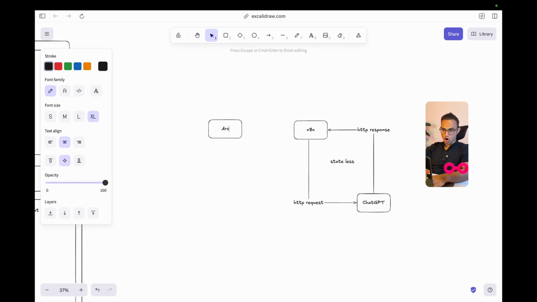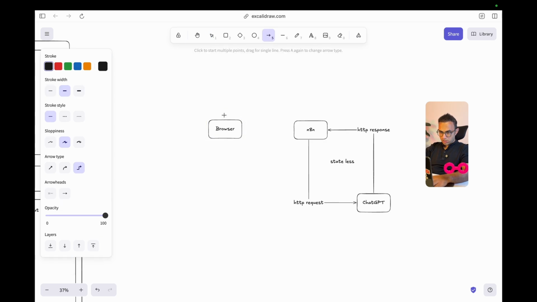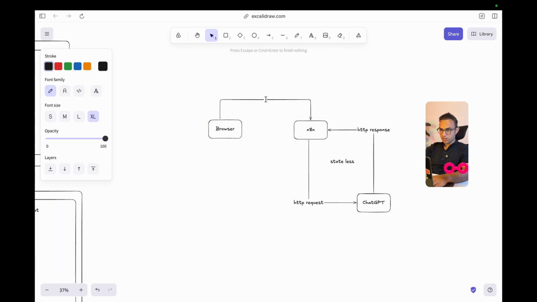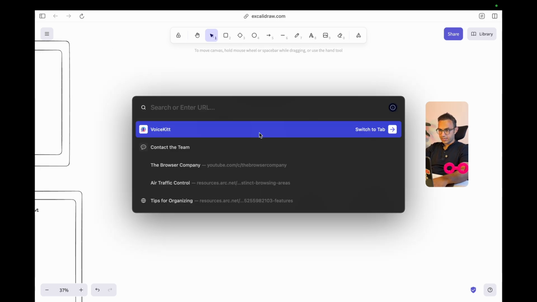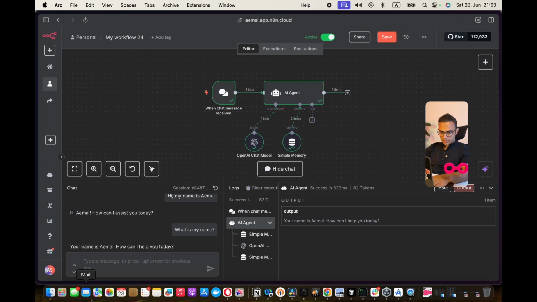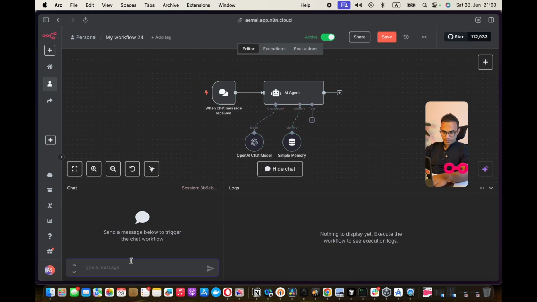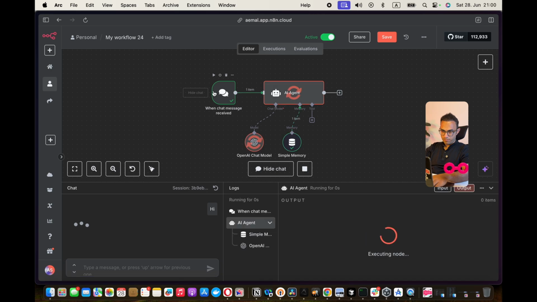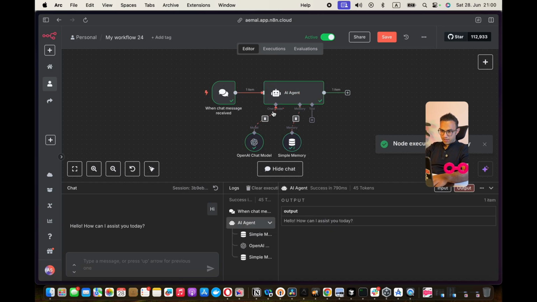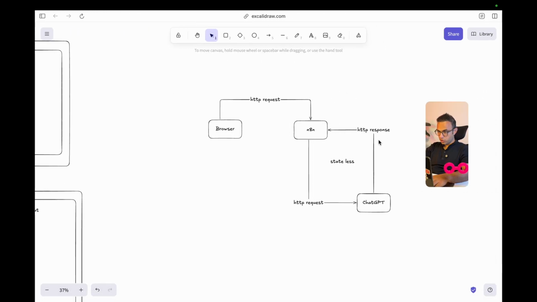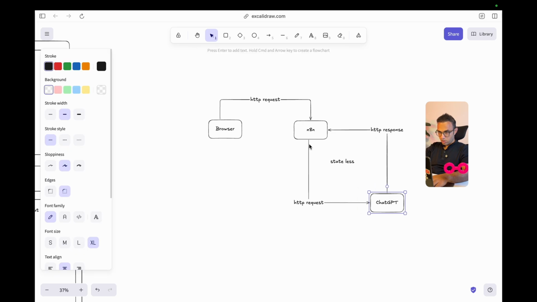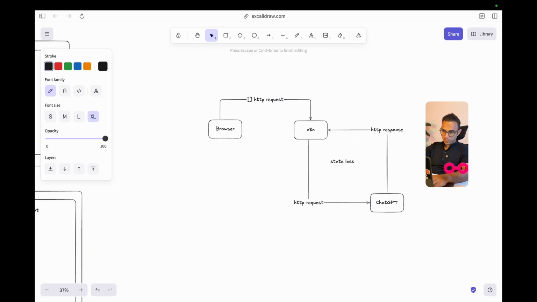My browser, Arc, I'm using this browser. The browser sends a request to n8n. This is another HTTP request. When I say hi, this is one HTTP request going from my browser to the servers of n8n. And then n8n sends on my behalf another HTTP request here. So that's HTTP request number 1 happening.